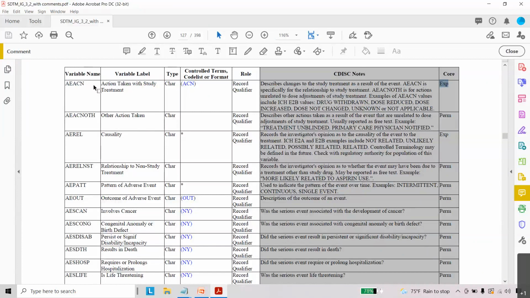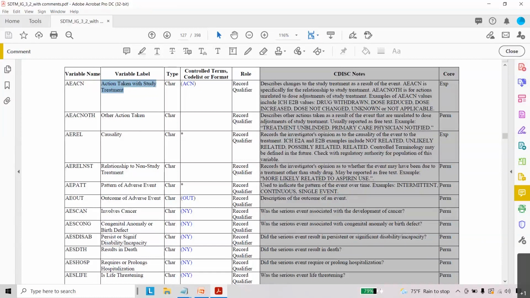So typically it is the action taken with study treatment. It is very important to see here, and there should not be confusion, because we have another variable for action taken with some other treatment, but here we have only action taken with study treatment, meaning the study treatment here is the investigational product, and we have the tables that use this variable.